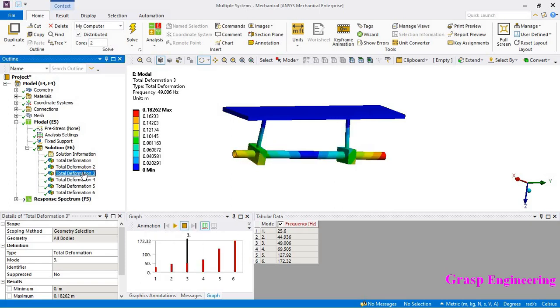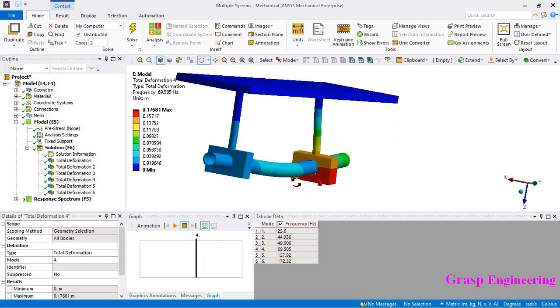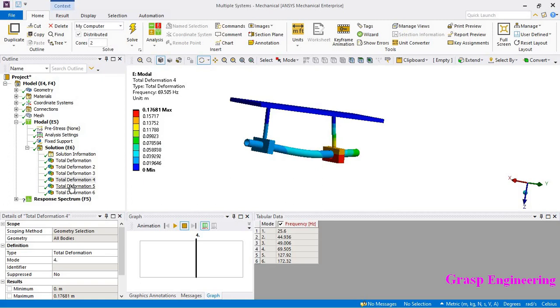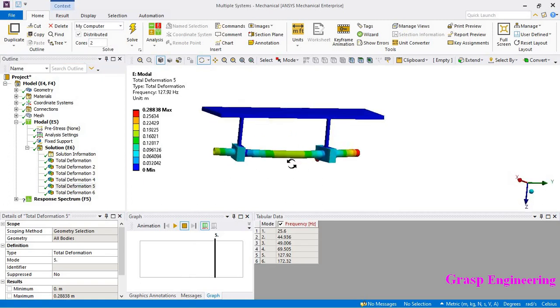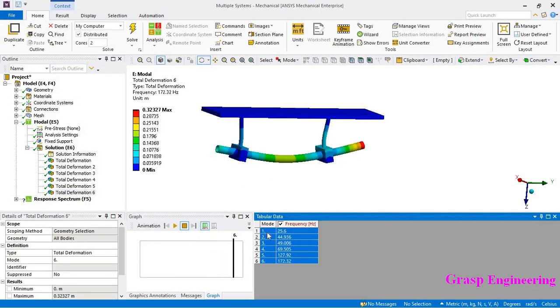Okay, this is the twisting, and the fourth one here on the translation joint location, fifth one over here, sixth one over here. So in total we extracted 6 natural frequencies